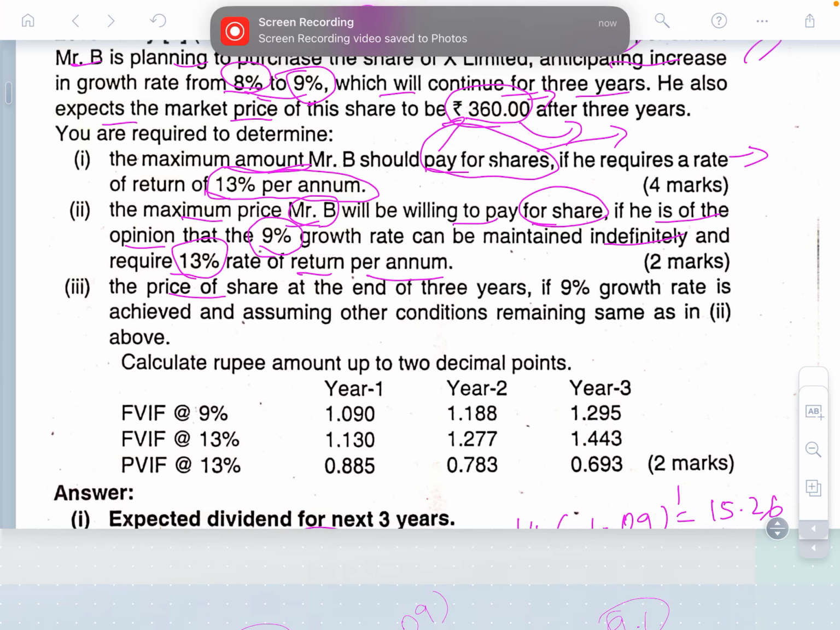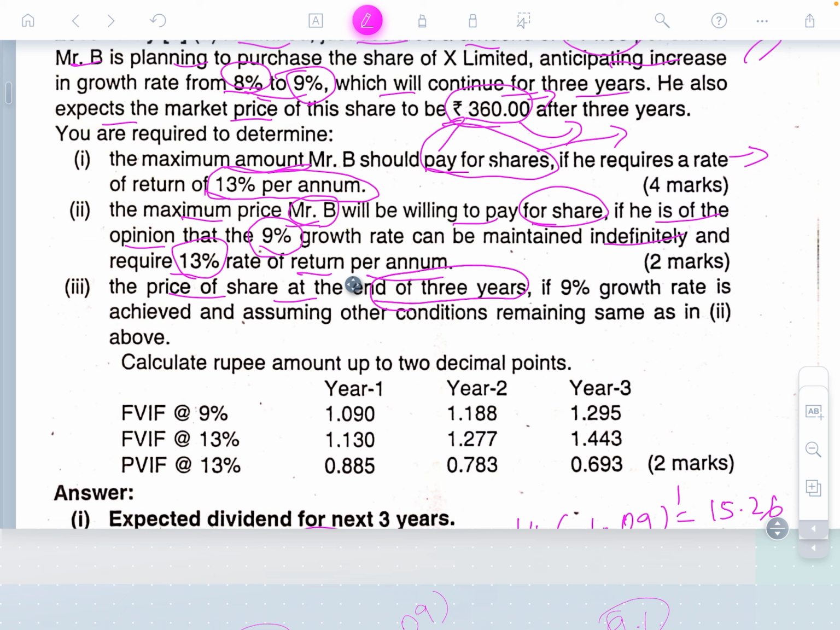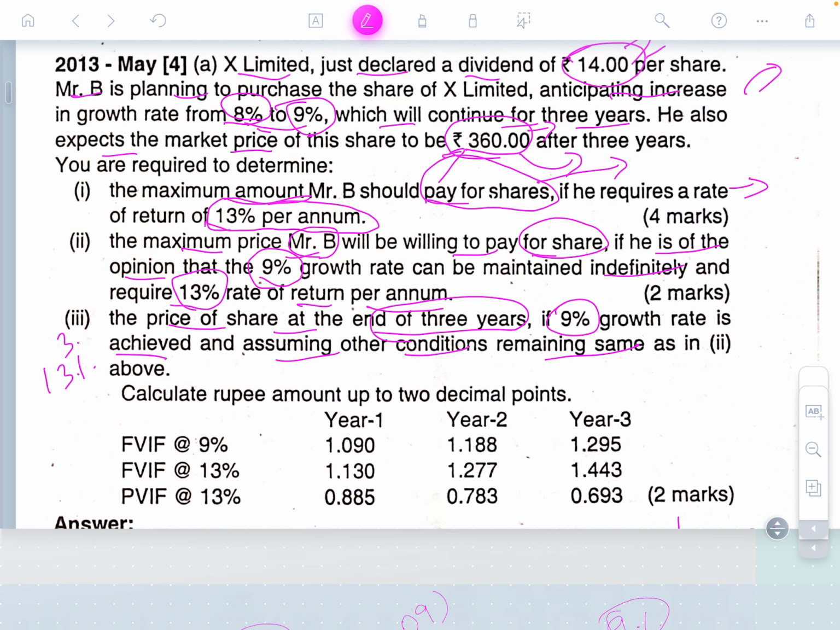The same case, the price of the share at the end of 3 years if a 9% growth rate is achieved, and assuming the other conditions remain the same. What are the other conditions? 13%, 9%, 8%, everything. Dividend 14, and share price 360, everything. And now the question is,